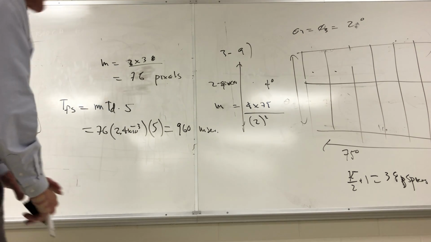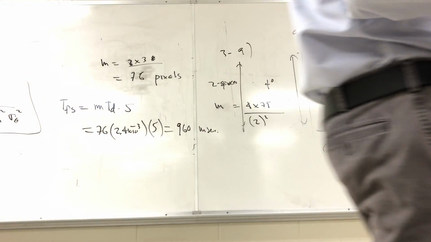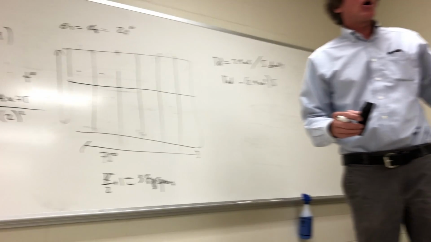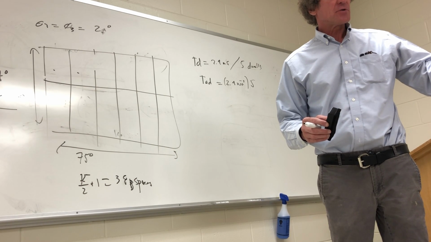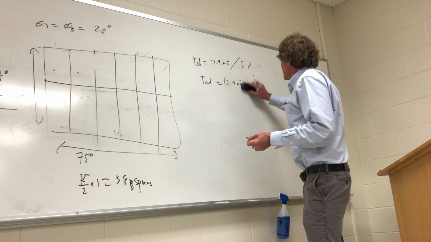Now, the next problem is... So that's the total time to scan the entire thing one time. Go through that one time. That's the amount of time it takes, right? The next thing we're going to deal with is a tracking form of the radar equation. When we track targets inside of a search radar, so basically we're going to do track while search. Track always takes priority. And I've got a couple of questions here. I'm going to try to slow this down, make sure everybody understands what I'm getting at. So in the next problem,